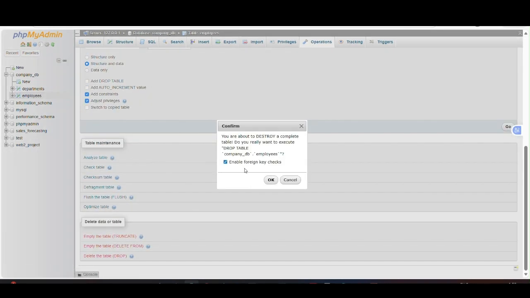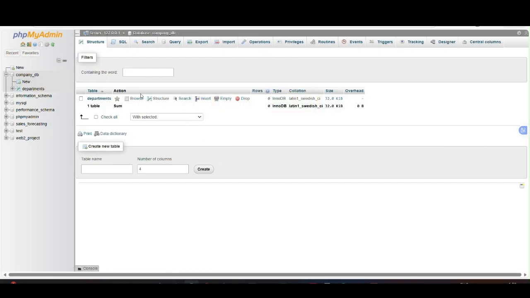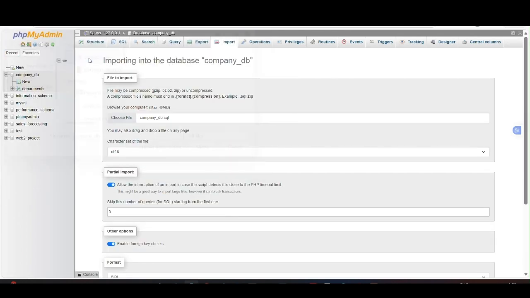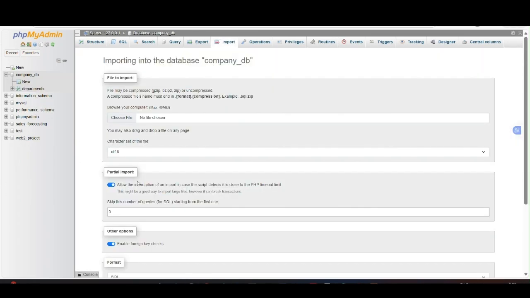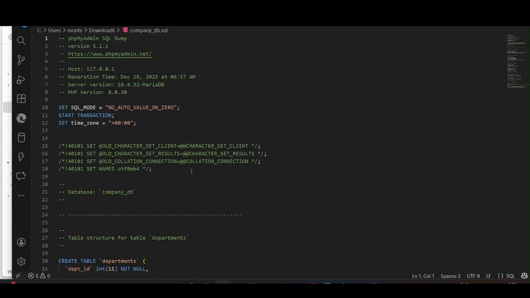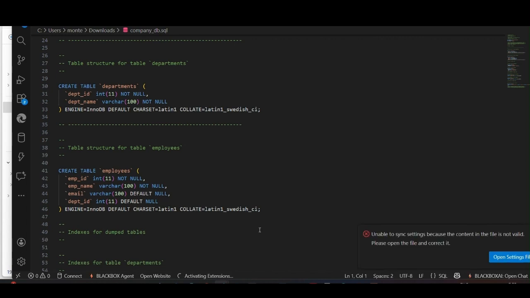The second one is the staff user. This account has limited access. I only granted select, insert, and update privileges. I did not grant delete permission to prevent accidental or unauthorized data removal.